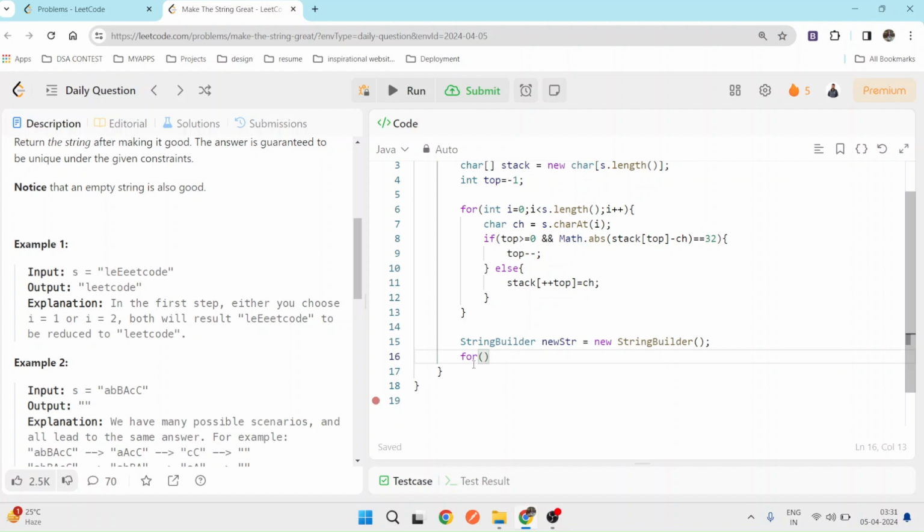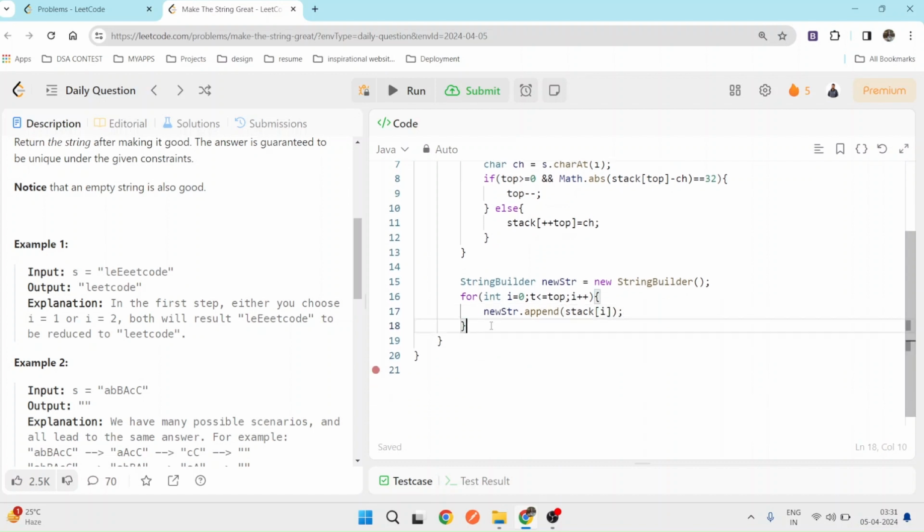Then we will add the elements into our StringBuilder. We iterate a loop from 0 to top and append each element into the StringBuilder. After this process, we will return the string.